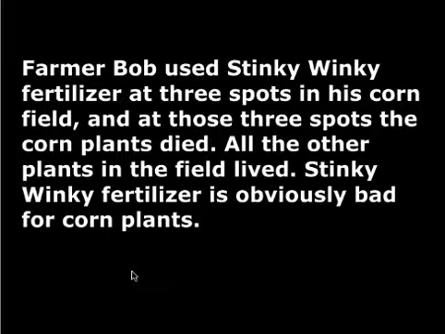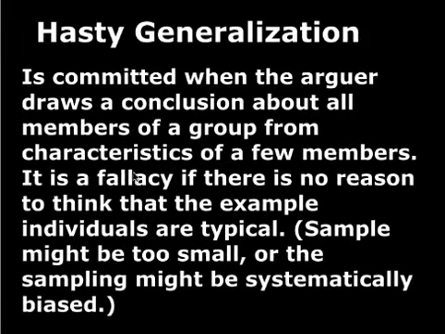Well, there's a few differences, but I think the key difference is that, let's go back to the definition. Hasty generalization is a fallacy if there's no reason to think that the example individuals are typical. That plays into how typical you think your samples are, and how big of a sample you need to establish a generalization. Now, in this case, the Home Depot case,